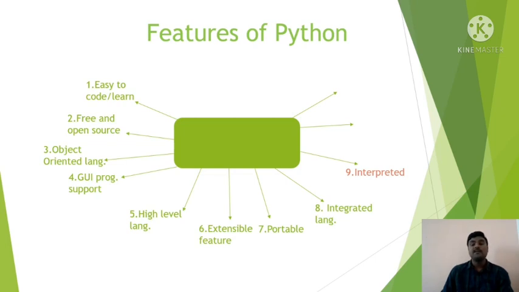But in programming languages such as C, C++, and Java, you have to first write the whole set of programs of your problem, and then you have to compile it. You have to compile it first. Then you will have an option to run it. But in Python you can execute line by line. After writing one line, you can execute or run it.